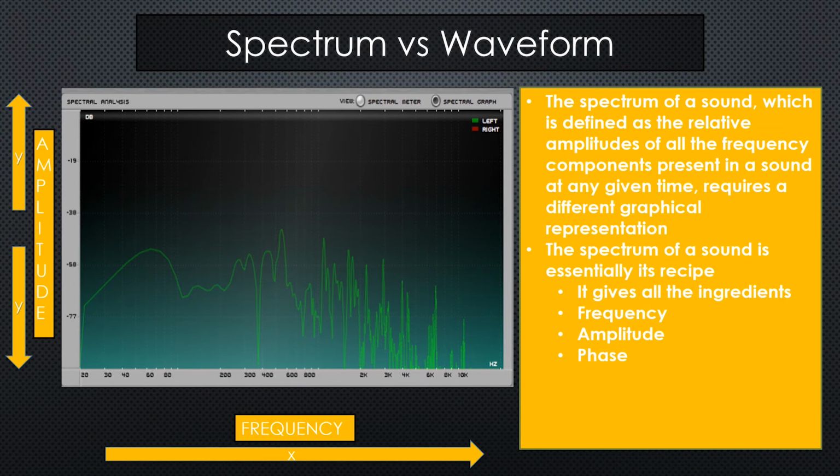When we combine all these things into this graphic representation as we see here, we are now able to get a much more detailed picture of what is actually happening in this sound. The spectrum showing on the left, if we pay attention to what's going on here, we can realize how much more information we are able to gain. So we are still plotting amplitude on the y-axis, but rather than showing time on the x-axis, we are now showing frequency. So we can see at the bottom here the approximate range of human hearing. Notice the 20 in the lower left-hand corner for 20 Hz, ranging all the way up to 10K. It's missing the label for 20K, but we can see that there is an approximate gap that would get us all the way to 20,000 Hz.